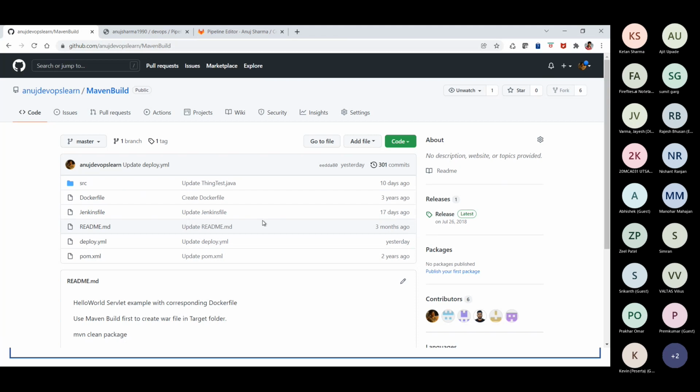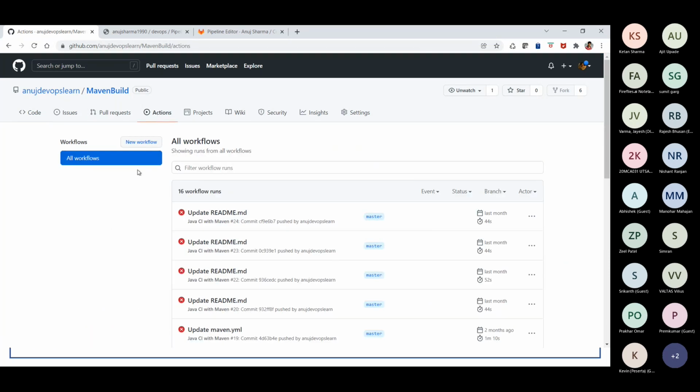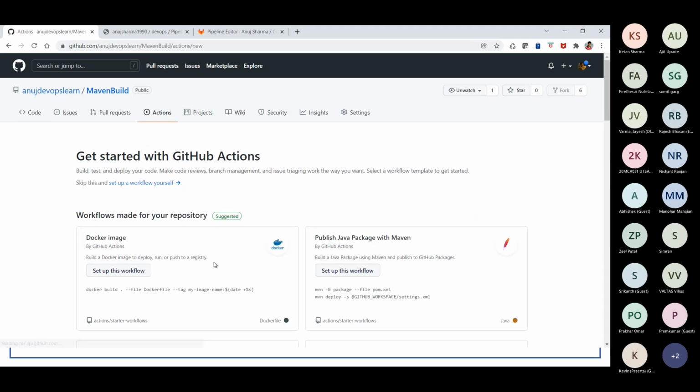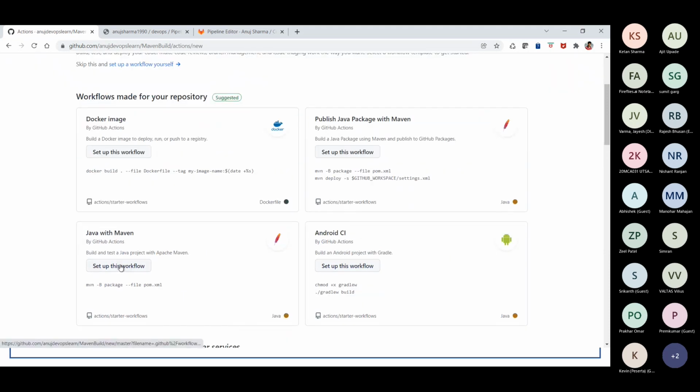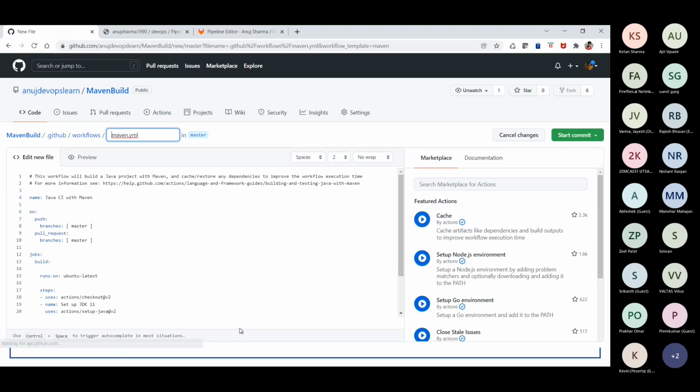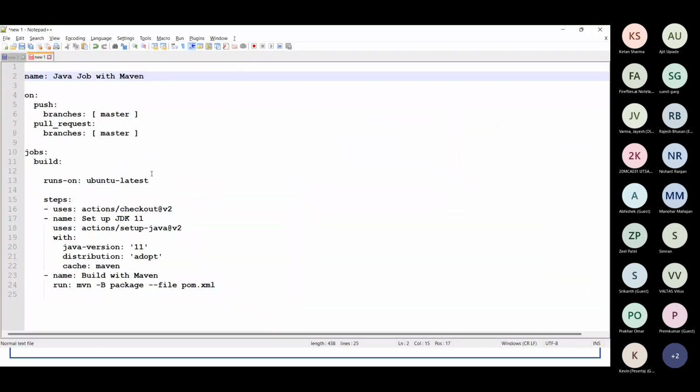Right now, I'm not keeping any particular Jenkins, I have not procured any separate server for Jenkins and those kind of stuff. So what I'm doing is that I'm going to GitHub Actions here, and here I went with the new workflow and the Java with Maven, right? So automatically a default content came in. Now the content is very simple.